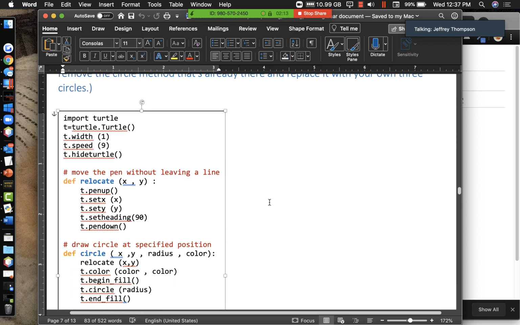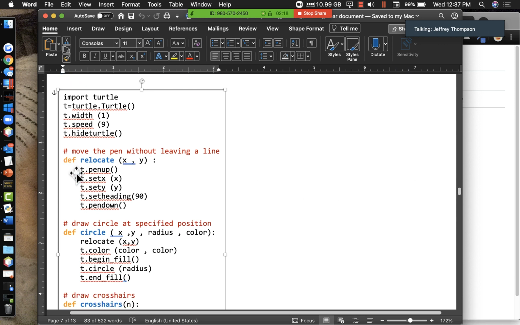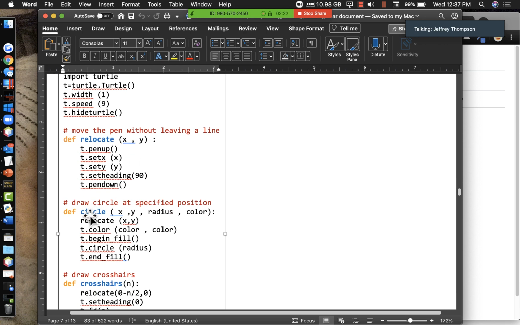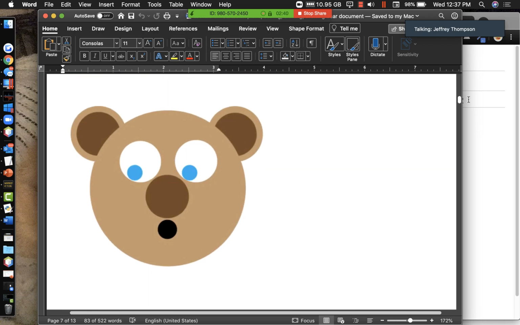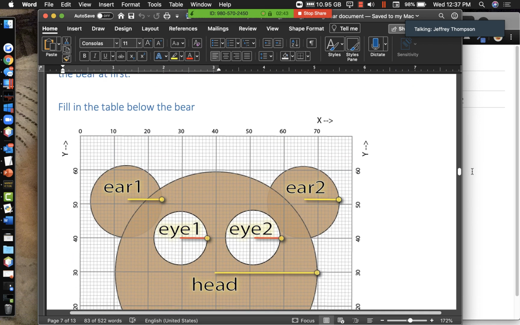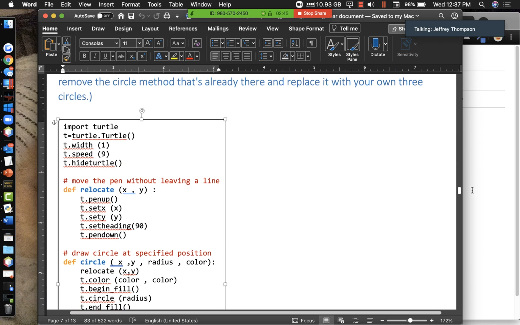But anyways, so what are we going to be doing today? We're going to use a function called circle that you give a position and then give it a radius and a color, and it goes to that place and draws a circle. And once you have a function like that, then you can draw things like that. So that's our goal. I'm going to go ahead and type this in, and if you feel like typing it